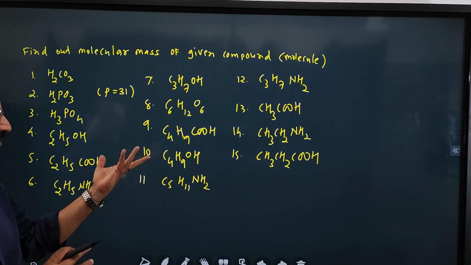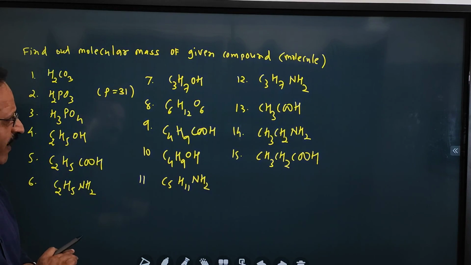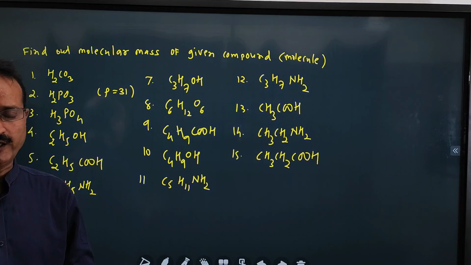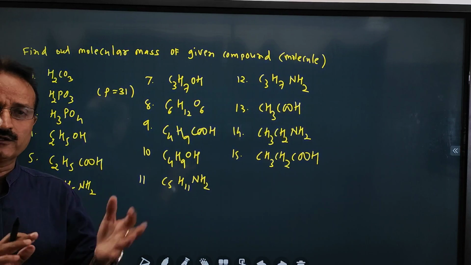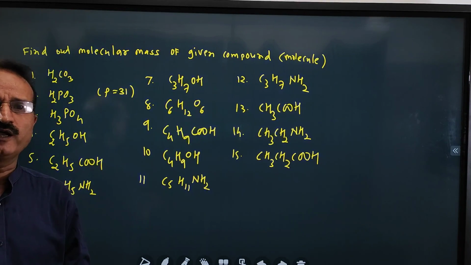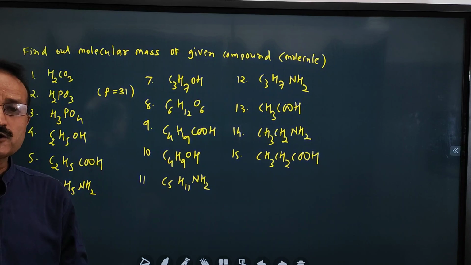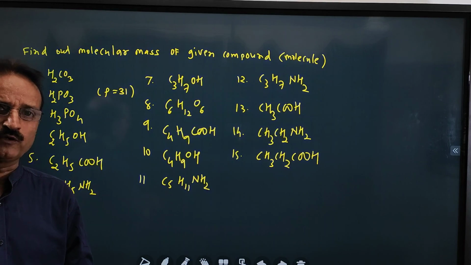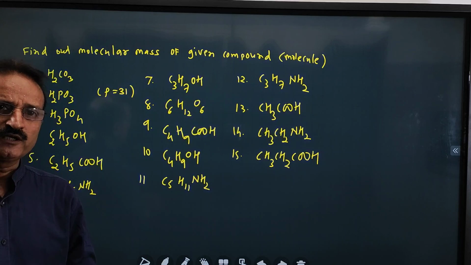The value of oxygen is 16, value of carbon is 12, value of nitrogen is 14, value of phosphorus is 31. Atomic mass of phosphorus is 31, I think so, otherwise it may be 30, but I am just confused. You just write down 31 and you will get the answer. So this is the homework that you have to do yourself by proper method. So send me homework as you complete. Today is your test. Thank you very much.